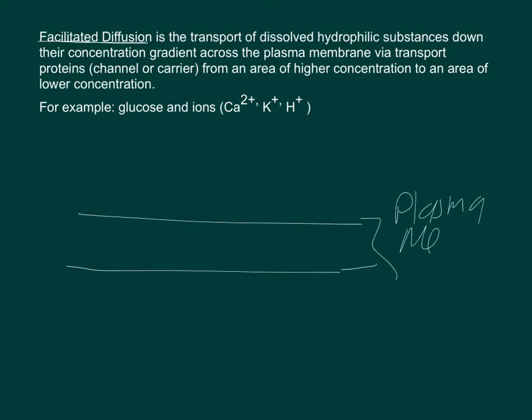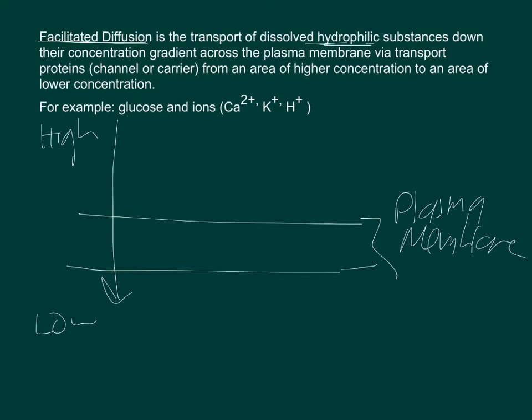Plasma membrane, and the principles are almost exactly the same as simple diffusion. So we've still got the substance going from where it's in a high concentration down its concentration gradient to an area of lower concentration across the plasma membrane, but this time we're talking about the transport of hydrophilic substances as opposed